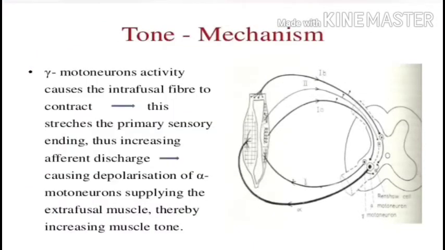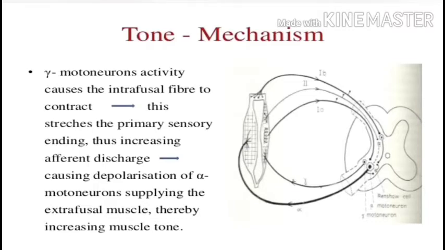Initially the length of the muscle is surveyed. That is called the length servo mechanism. Now the alpha motor neuron and the gamma motor neuron are activated together. This is called alpha gamma co-activation or follow-up servo mechanism. Throughout, there is a certain stretch in the muscle and information is going via different fibers to the anterior horn cells. There is also a discharge of the gamma motor neuron, forming a loop-like structure which is called the gamma loop.